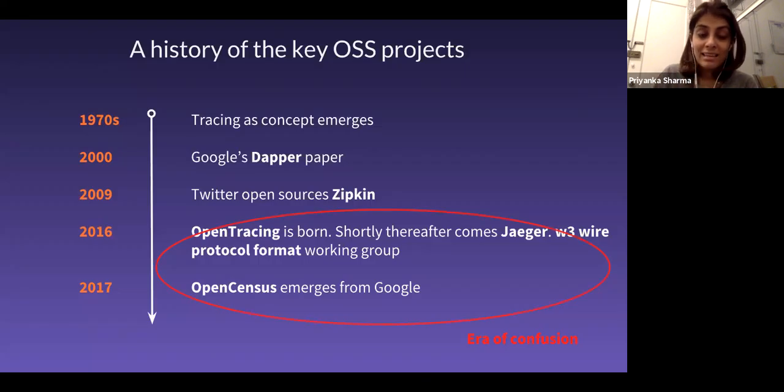As I said, people are getting confused, and I see 2017, I should say, as the era of confusion, not because it's bad that there's more engagement in this space, but rather because these projects seem competing. And as somebody who has been involved in the space, I'll tell you, I felt that way. I also felt that a lot of us were wasting a lot of time. We could all just work together. And the good news is I realize now that that's what everybody wants. So, and we're all moving in that direction.